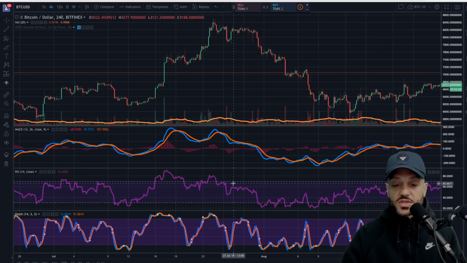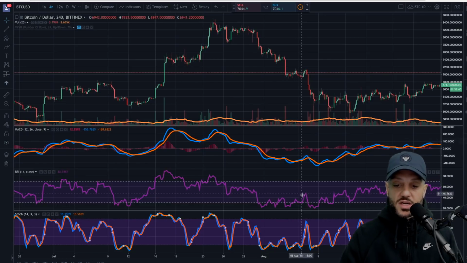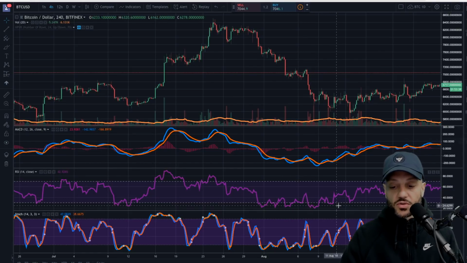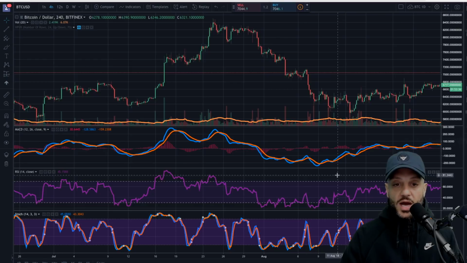Now, in terms of the RSI and the Stochastic, there is the rudimentary understanding that you have overbought and oversold levels, right? On the RSI, for instance, anything over the 70s considered overbought, anything below the 30s considered oversold. Now, that's fine and well. However, it is a very rudimentary and basic understanding of it, and you cannot base your trades off of that